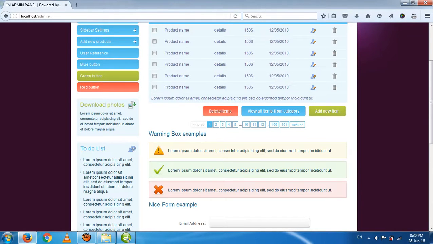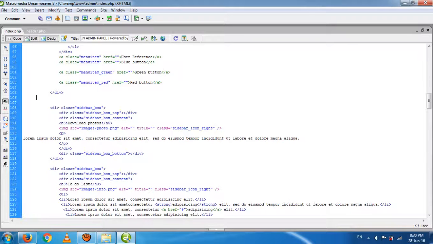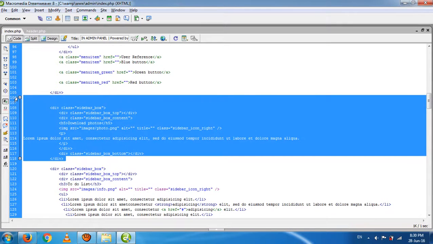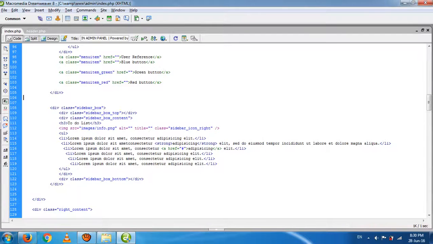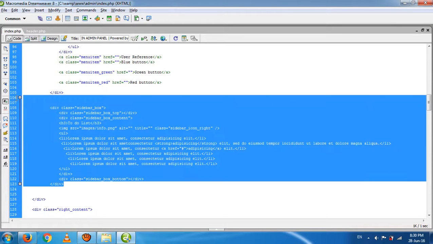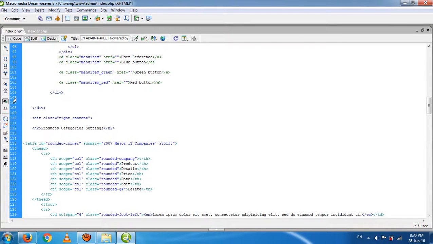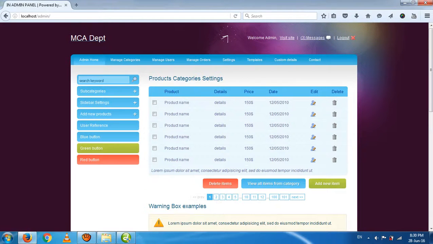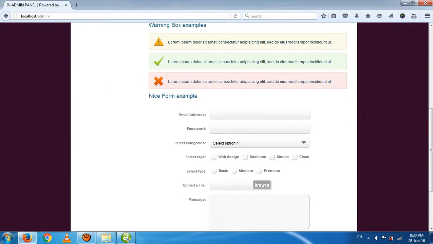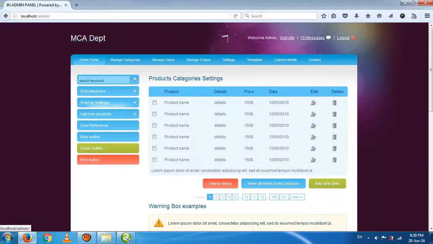Same thing again, the download photos module is not required, so remove it, save the code and refresh. To-do list, again it is not required, no problem, remove it, save it and refresh. So right now the unwanted modules are successfully removed.